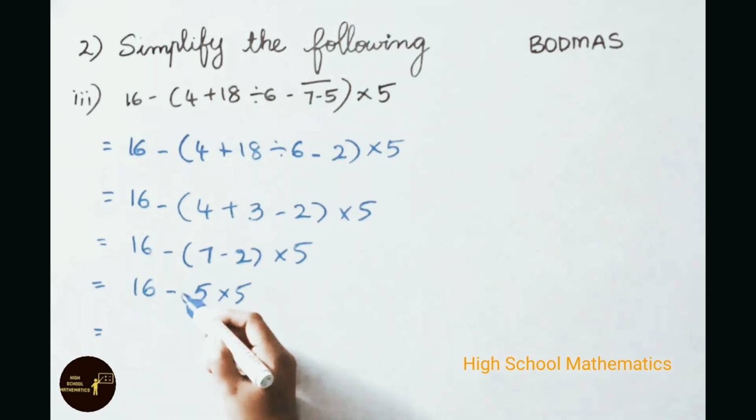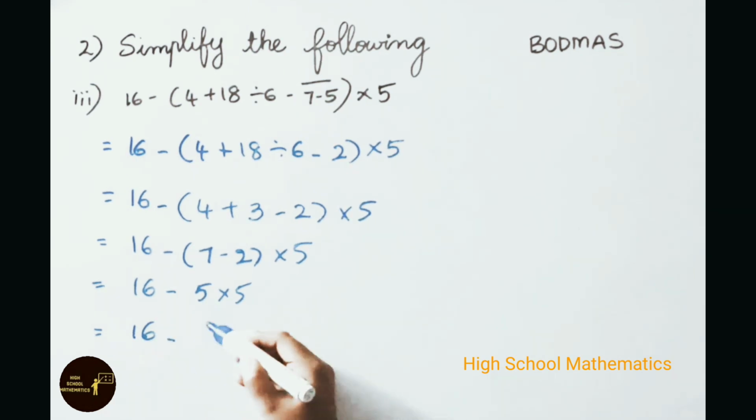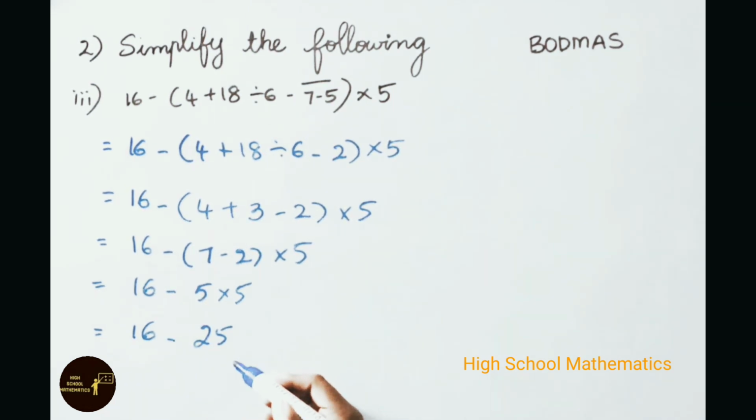That equals to, here subtraction and multiplication symbols were there. First we have to do multiplication. So write down 16 minus 5 fives are 25. Now let us do subtraction. 25 minus 16 is 9. 25 is greatest, its sign is minus. So keep here minus symbol. So the answer is here minus 9.